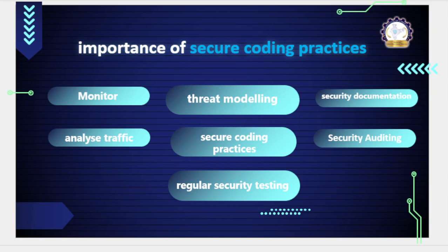Monitor and analyze traffic to the API to detect any suspicious activity or anomalies that could indicate a potential security breach. API can be accessed by a variety of clients, including web applications, mobile apps, and other third-party integrations. Each client request generates traffic to the API, which can be monitored and analyzed for security purposes. Monitoring involves collecting and analyzing logs of the API traffic, which can include information such as request methods, headers, payloads,